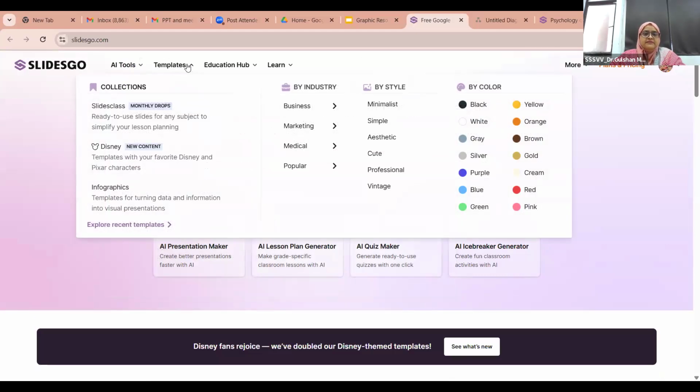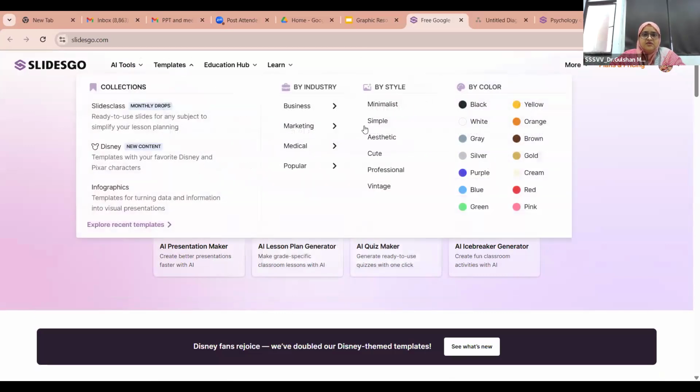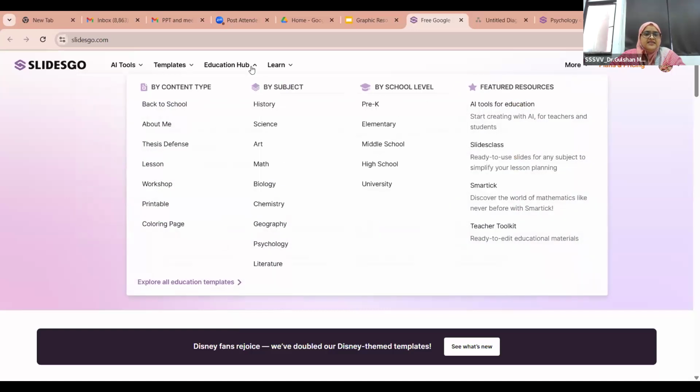If you click on template, you can see the categorization. It is by industry, by style, by color. And there is another drop down menu of Education Hub. Here again, you can see the subject wise categories and the level wise categories, the school level wise category.